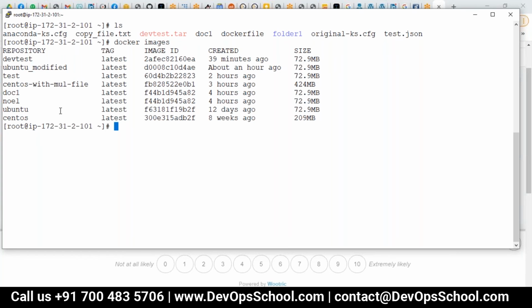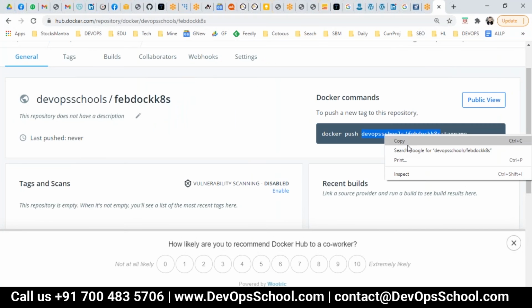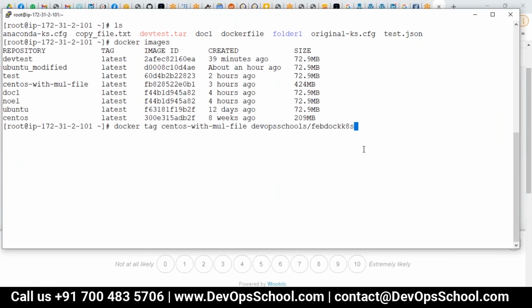Let's say I want to send this image. It's a pretty huge image. I don't know who has created it. But I'm going to send this image. So is the name of the repository matching? No, it's not matching. So what I'm going to do is docker tag, and which image? Let's say this image, I'm going to take it and copy that.